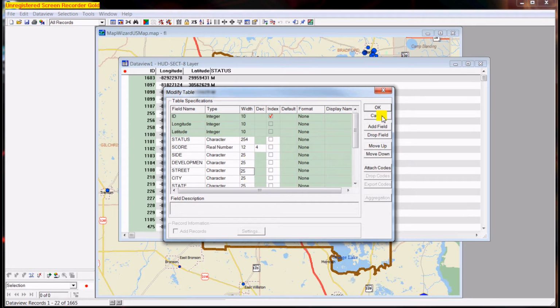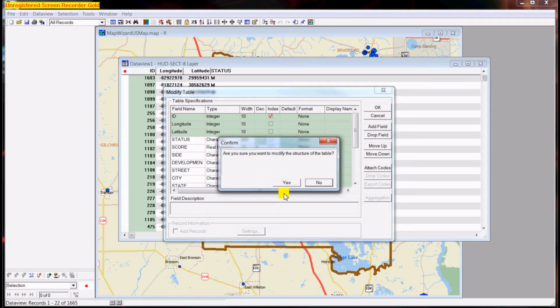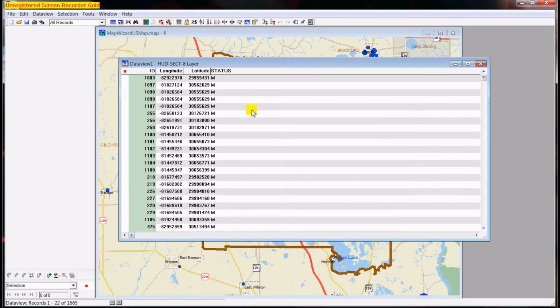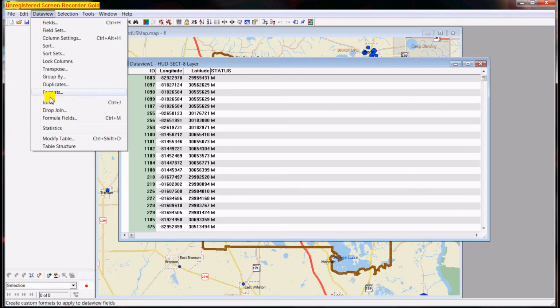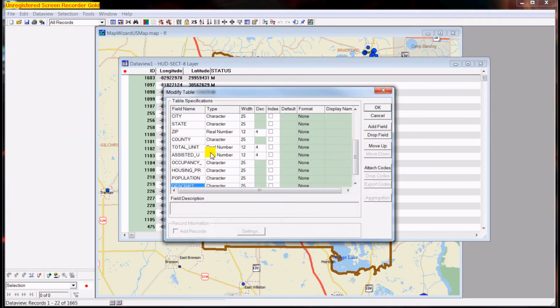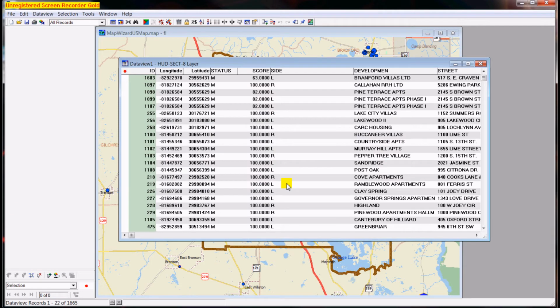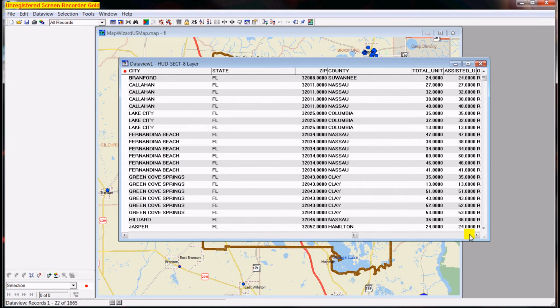Notice that I did not modify status, and so status is 256 characters wide, and so I go back and change it from 254 to also 25. In this case, sorry, 8. And all we have then is we're just going through our data file to make sure that everything is as it should be.